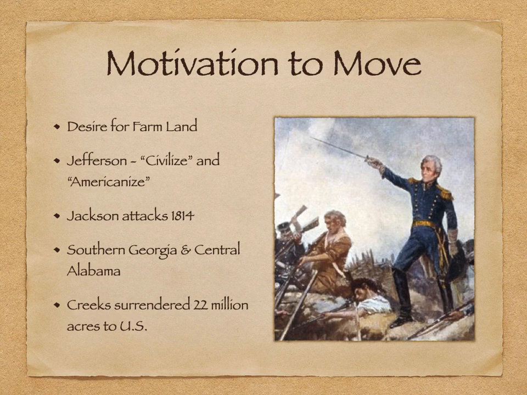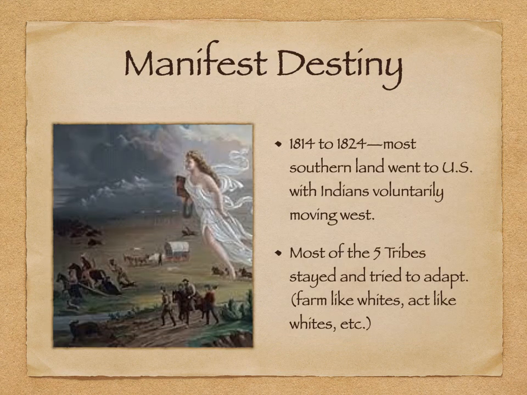And so the idea is you guys leave, and then what's going to happen is we're going to bring some folks in to settle those lands, to farm them, and that sort of thing. Like I said before, this was this idea of manifest destiny. And so during the 10-year span from 1814 to 1824, most of the land in what we consider to be